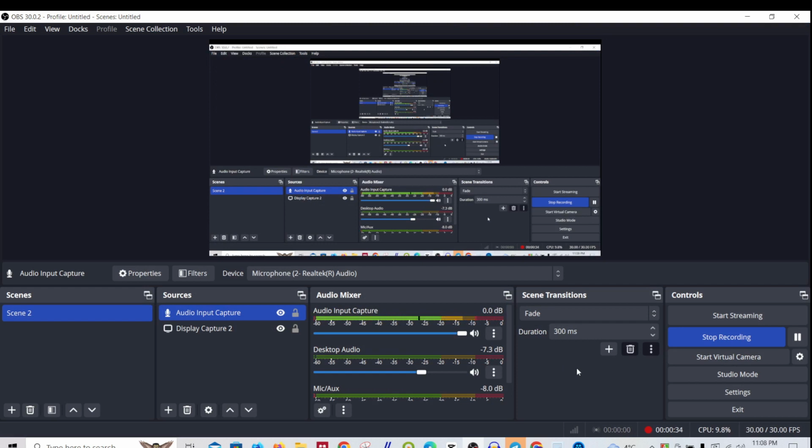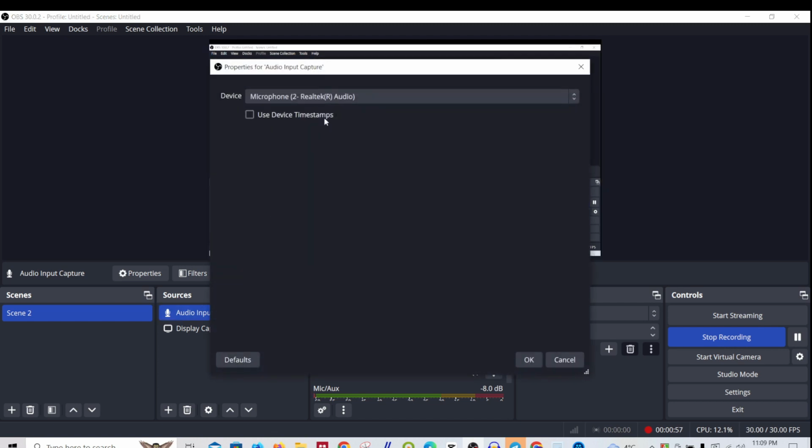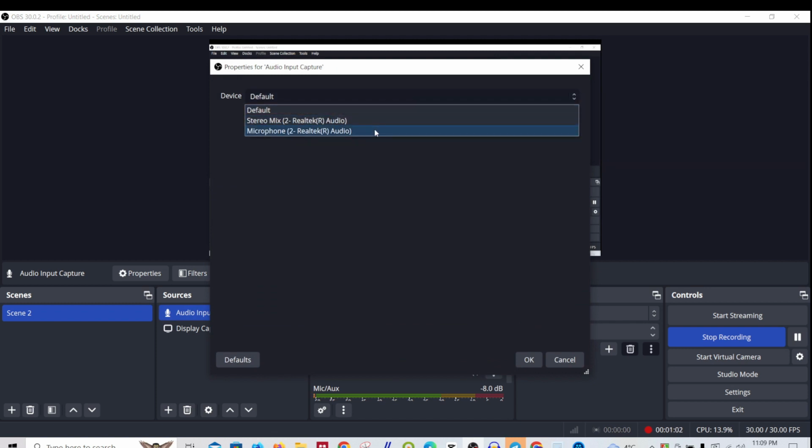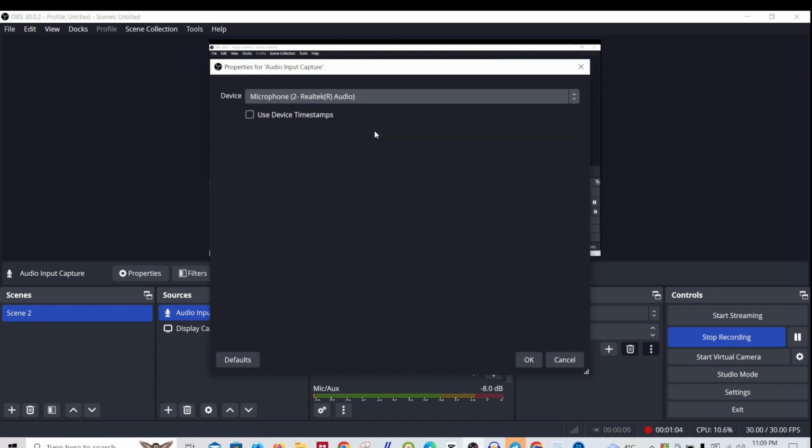The sound quality was horrible, and I searched YouTube for a solution and came across many solutions. I went through Windows, OBS, and so many others. I even asked ChatGPT, but finally I got the solution. The problem was here, the audio capture device. It was selected as default, and whenever I changed it to just microphone too and clicked OK,